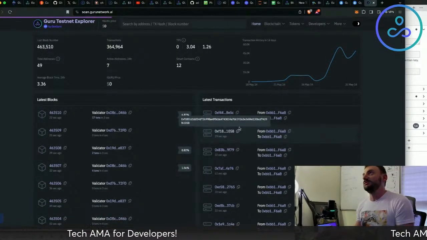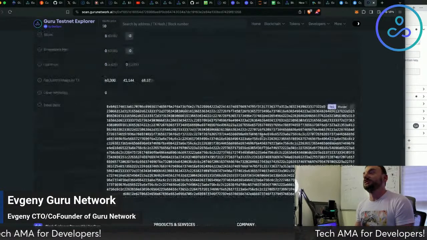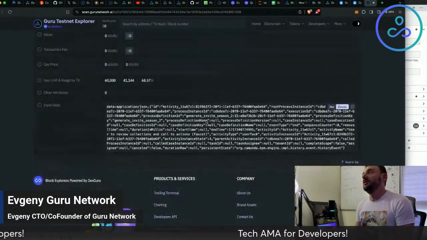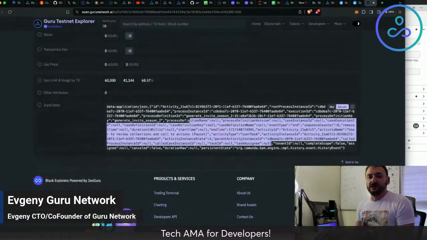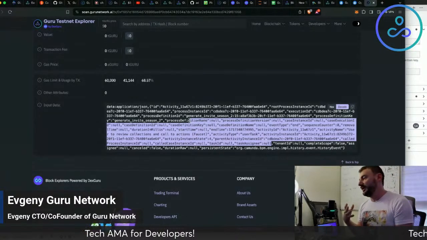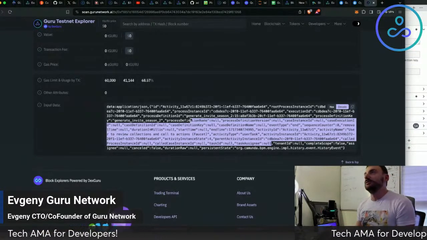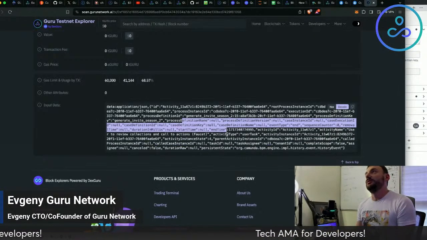in between them. So if you go into most of the transactions on Guru network and click decode, this is basically the exposed event bus of multiple orchestration nodes we have operating here.